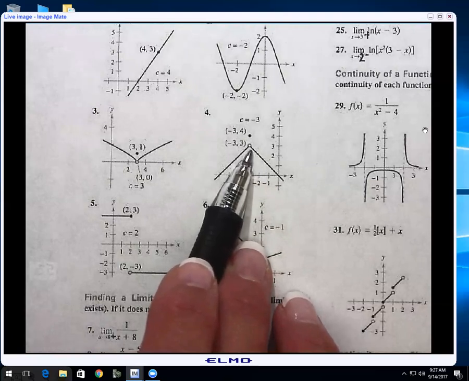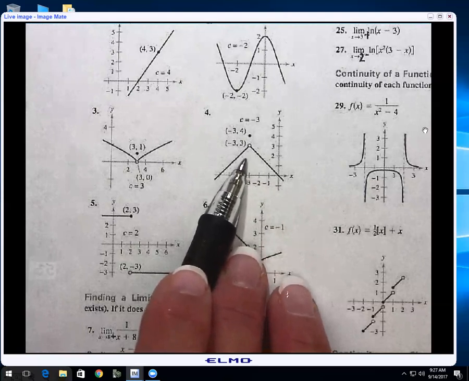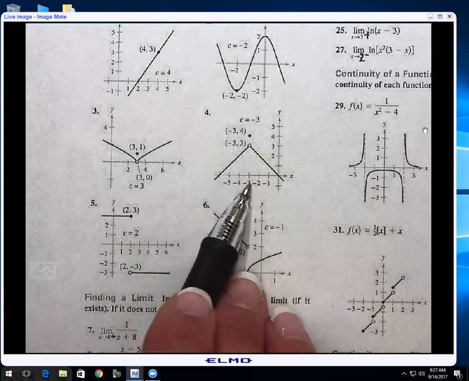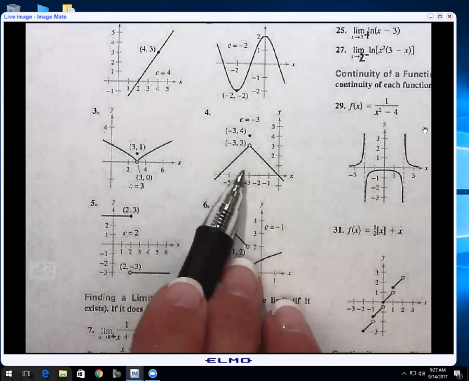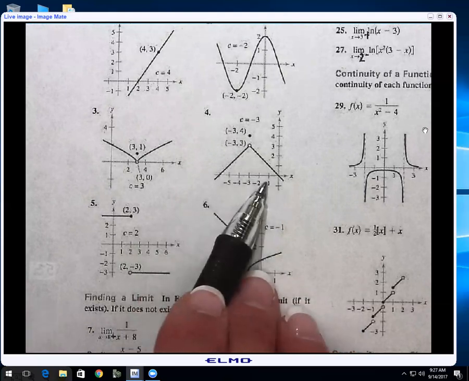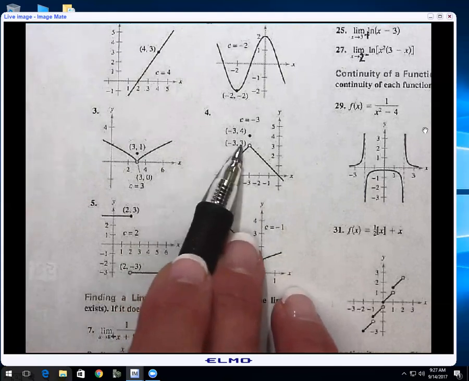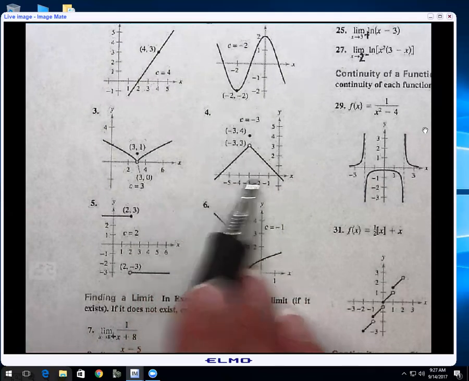3. So C part, what's the two-sided limit? 3. My own made-up D part, what is f of -3? Oh, because that's where the closed dot is. So A, B, and C had the same answers there. A and B had the same answers, which means the two-sided limit exists. But D had a different answer, which not only means that the function's discontinuous at -3, it also tells you